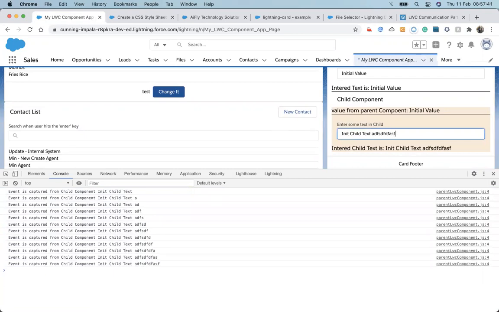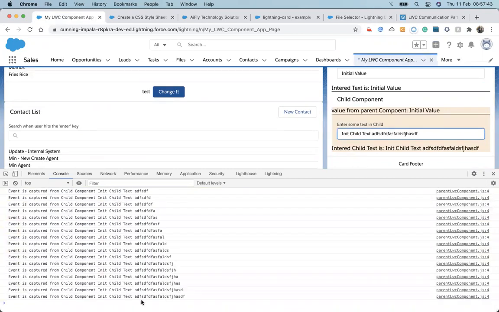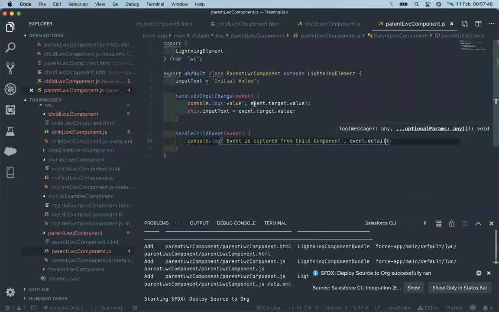So I can see that whenever I make changes, it's captured in the parent and showing me the value. Now I need to use that value up here.